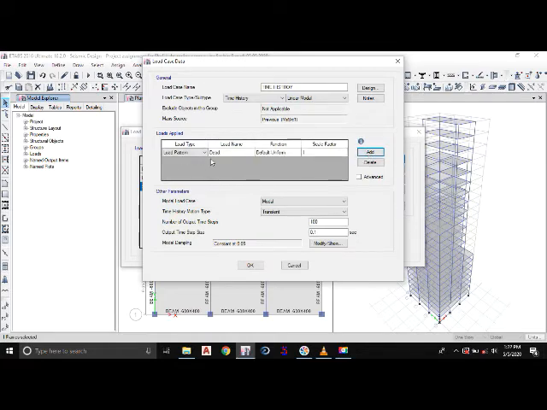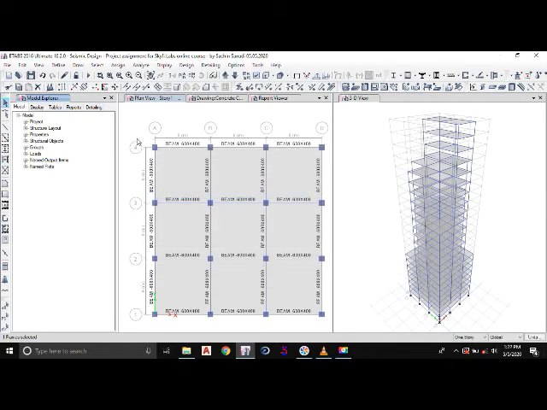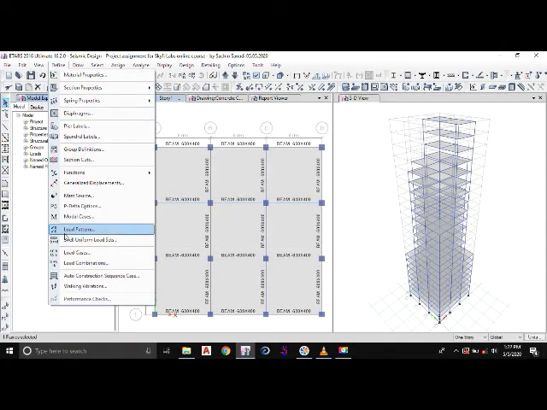Then I'll select add new function, and we are going to apply the time history only for one direction as acceleration. So I'll select acceleration U1. Here I'll select the time history, and I'll give the scale factor as 1633.5, and I'll click OK. Click OK, and then I'll go to define.